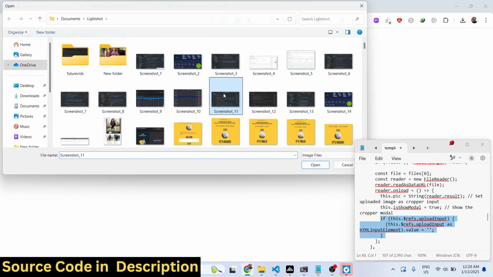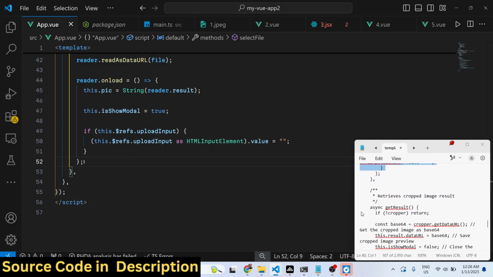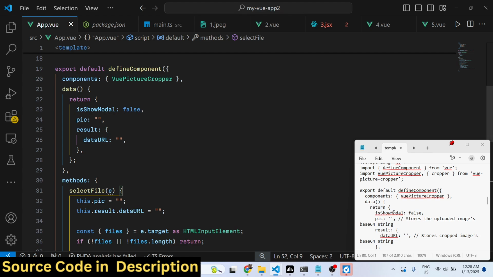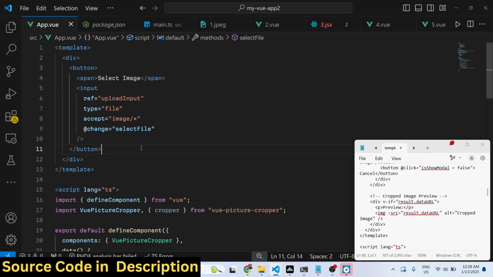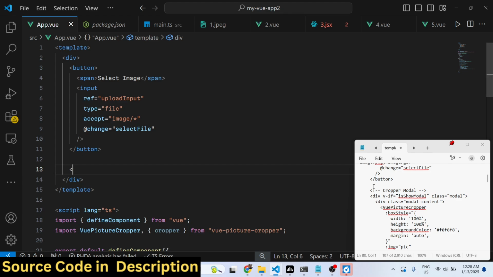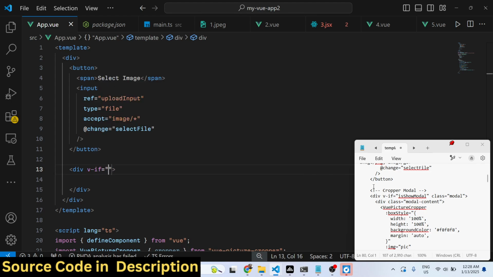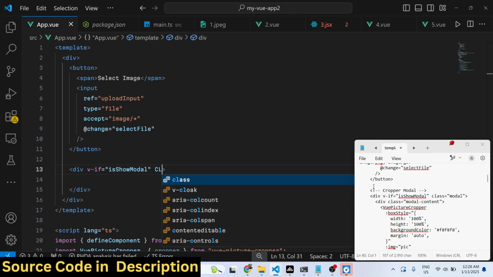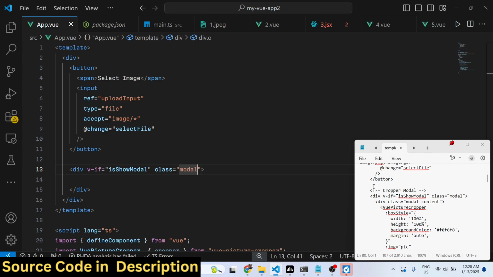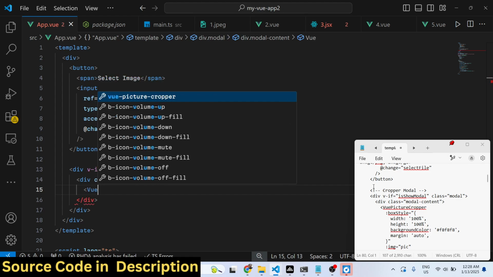So when you click this, as soon as you click it, we now need to show this cropper component. So for showing this, after this button in the HTML, we come to the HTML right here and have a div condition, and we'll attach this v-if directive that if this value is true, then only show this. So let's attach a class here of modal. So here we'll be defining the content of this modal window, and here we'll be embedding this component, which is